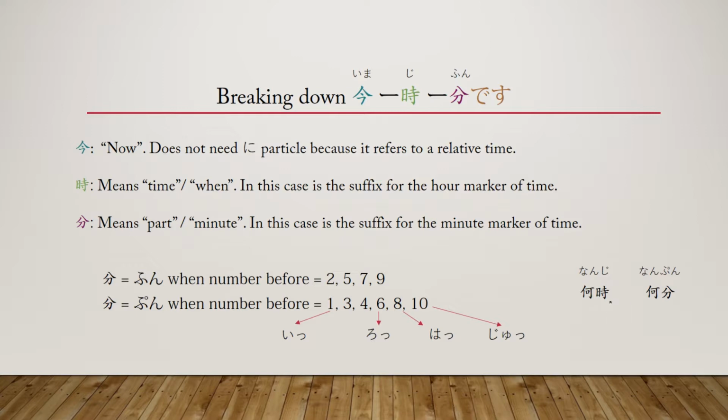And the first one here, nanji, is basically going to ask what time is it. So you can ask nanji desu ka, and that'll be what time is it. And this other one is basically to ask how many minutes, usually maybe how many minutes are remaining or how many minutes past the hour or something like that. Okay, let's go ahead and go through a couple of examples